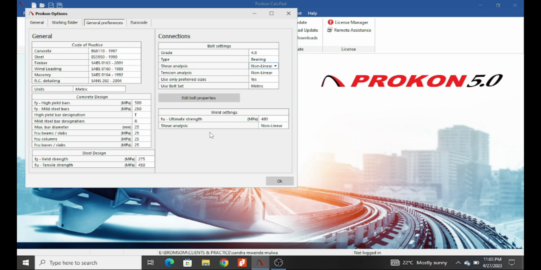That is why it is always good you set them earlier, prior to your design or analysis, so that you proceed in an orderly manner, because sometimes you can even forget after you've designed, and then you've gone to site, you realize, wow, I had not specified the yield strength of my steel when I was designing, so I have a wrong design here. So it is good you change from here.